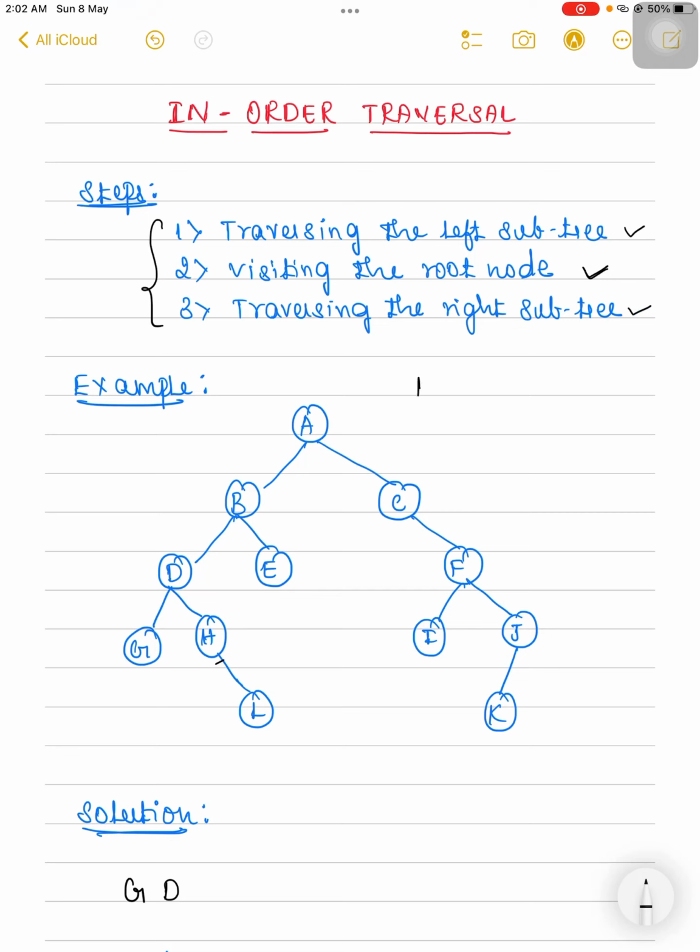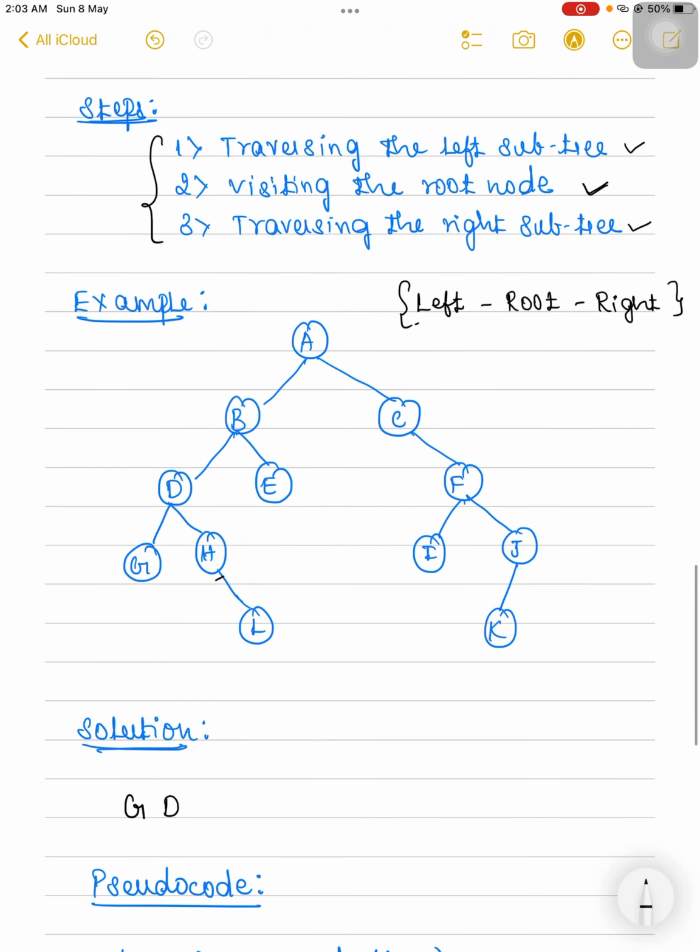So here the very first step is visiting the left node. After visiting the left node, it will visit the root node. After visiting the root node, it will visit the right node. This is the flow. This is the order of visiting the tree with the help of the in-order traversal algorithm. Here, this is the example. We are going to visit all the nodes in the given tree in the given example using the in-order traversal